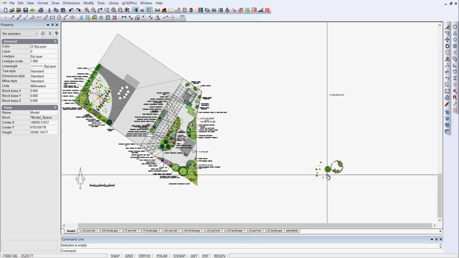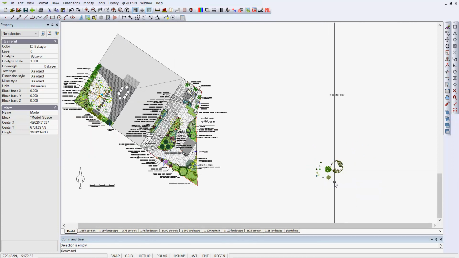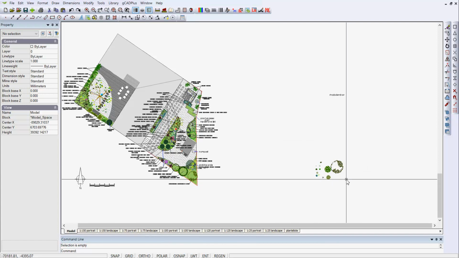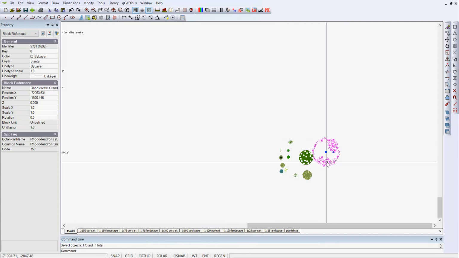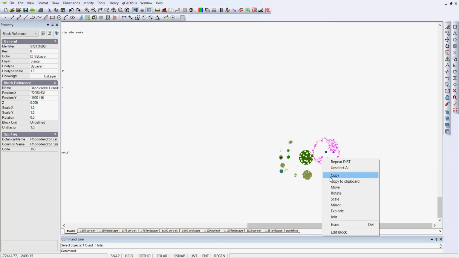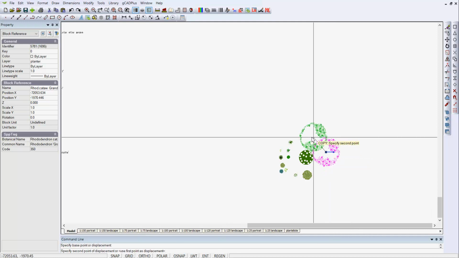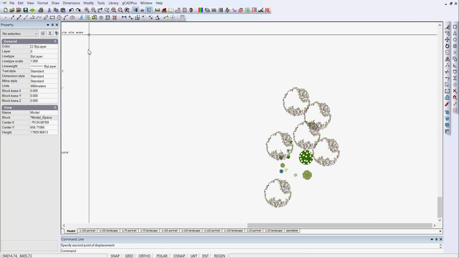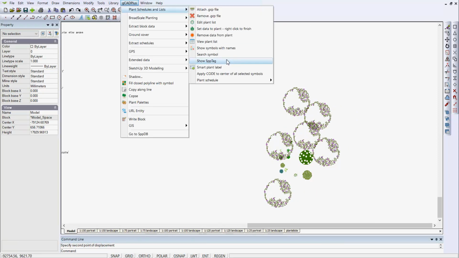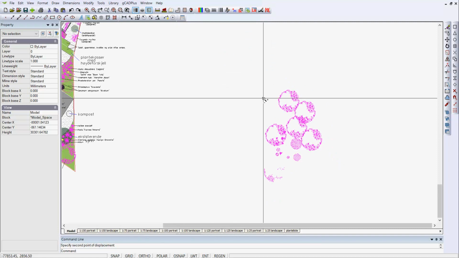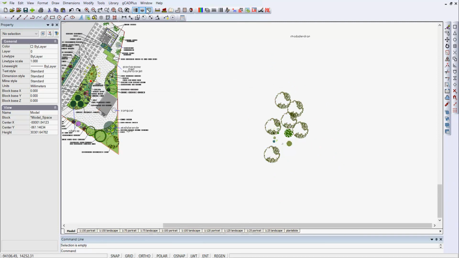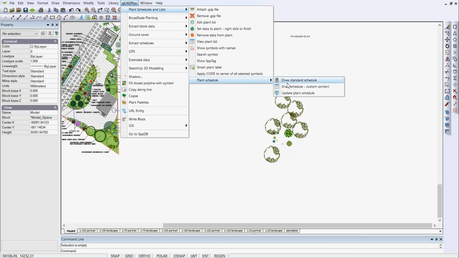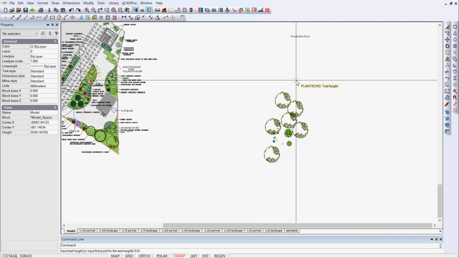What that means is that if you run the plant schedule tool, it's going to count those in the plant schedule. Let's just pick this one here, which is another one of these rhododendrons, and I'll just copy it quite a number of times. Remember that if we run that show symbols with names, all of those are going to be tagged, and that also means that if we run the quick plant schedule tool, draw the standard schedule, we're